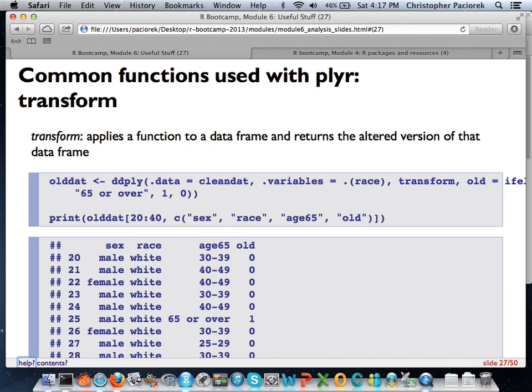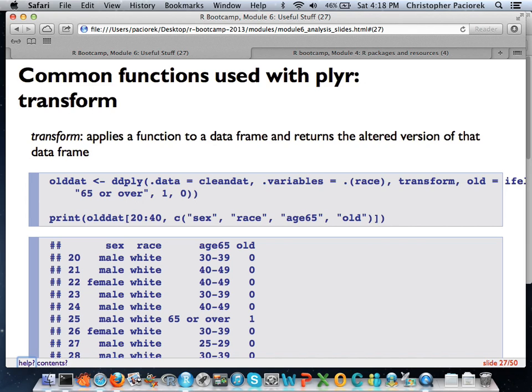So, you never know. We're calling ddply because this is a data frame, and we'd like to keep it as a data frame. The data set that we're applying it to is this clean data. The variable we're going to be splitting by is race, and we're going to be transforming it. The split doesn't really matter too much in this case. This actually should not be here, but that's all right.